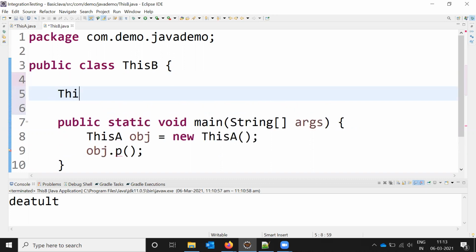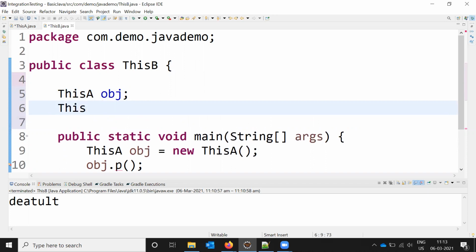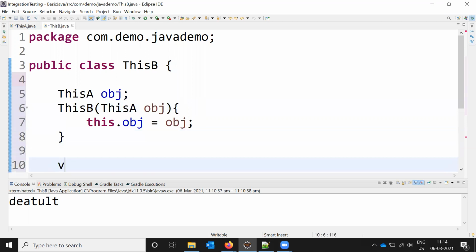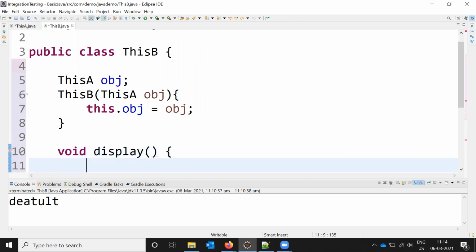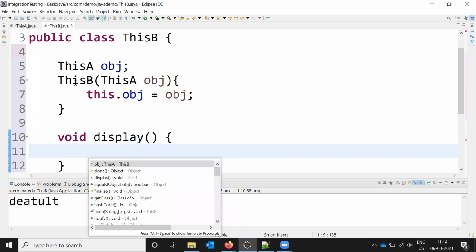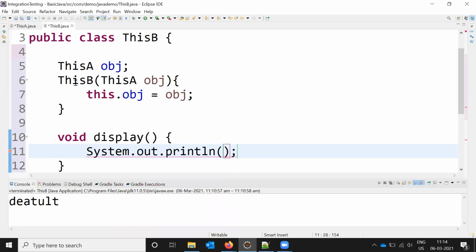Now I'm going to create this A object, and my constructor is B, and here I'm going to pass this A object, and again I'm going to print, sorry, obj equal to obj, because I'm referring to both the values in the constructor ways, and void display, and I'm going to print sys out.